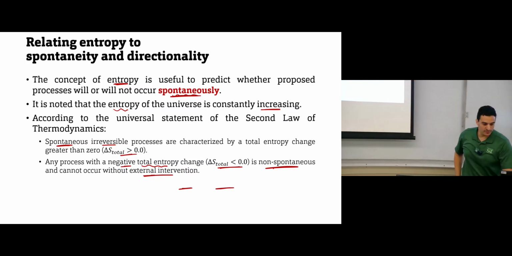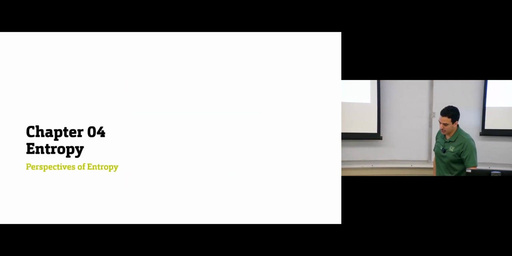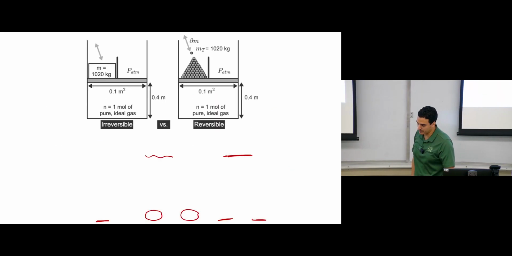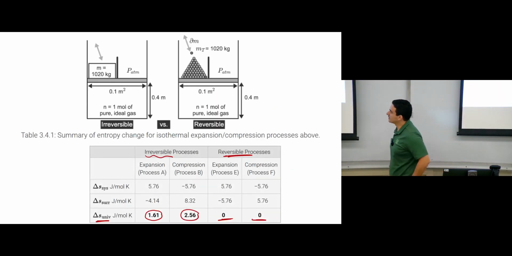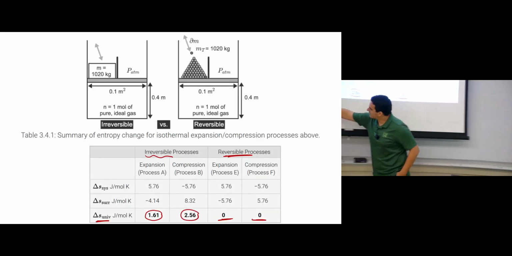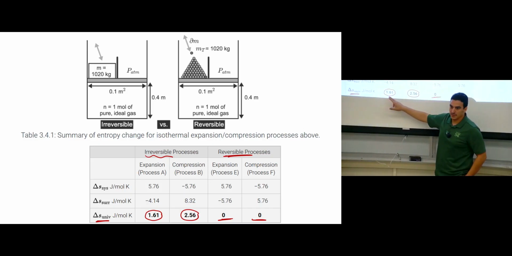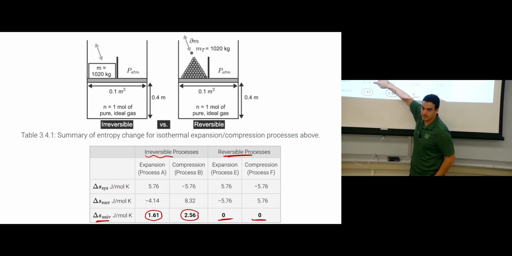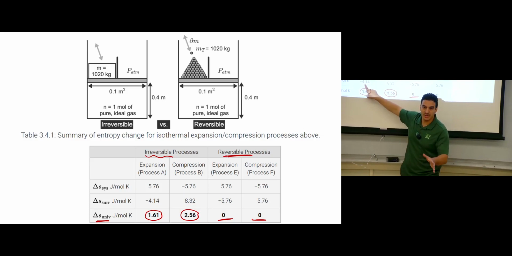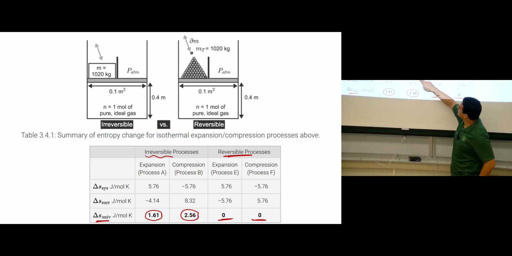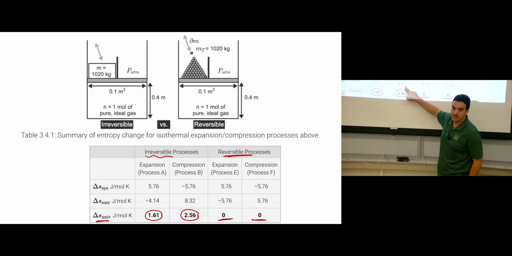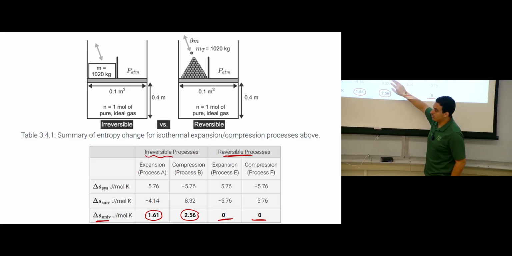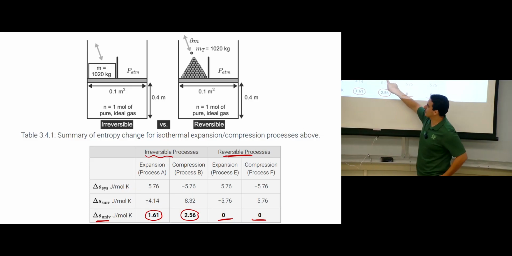Okay, if we get back to this slide where we explained, we have this picture. Here in this slide, the delta S total is positive, right? This delta S is the summation of system plus surrounding. System is positive, surrounding can be negative. Here we have system negative, surrounding positive. So again, you don't focus on the entropy change for the system, nor the surrounding, but on the summation of both of them.